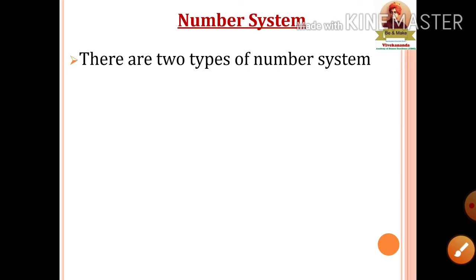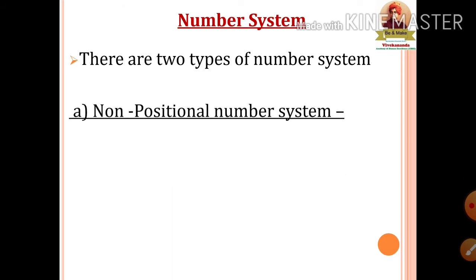we are going to learn more about the number system in this lesson. As you know, you are working right now with the decimal number system. Whatever numbers we are using or writing come under the decimal number system. But basically there are two types of number system: positional and non-positional number system. So we are going to learn these two types.